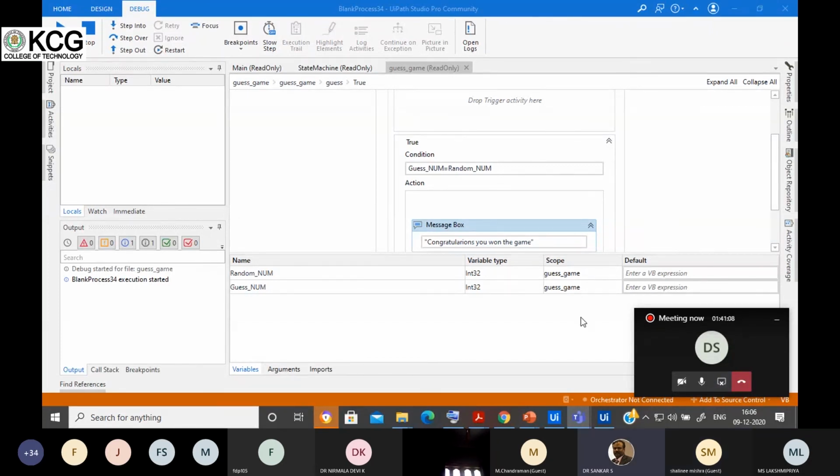Ma'am, I have one doubt. May I ask? Yes, sir. I have some experience using tools like NICE, which is an automation tool. That tool helps capture the application screens, and by capturing the application screen, we can pass the data from the tool to the application. Is it possible in UiPath? In UiPath, yes, you can extract the data from anywhere, and if you want to extract the data from two applications, it is possible here. Okay, thank you, sir.